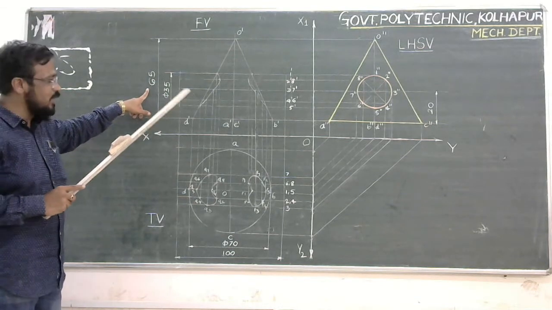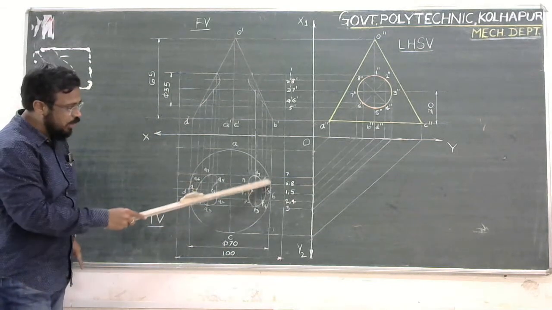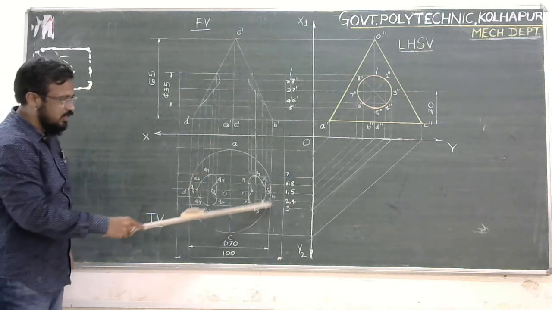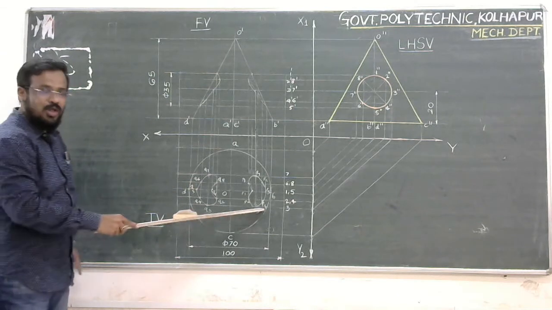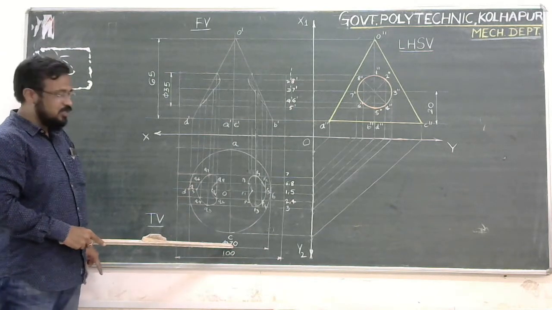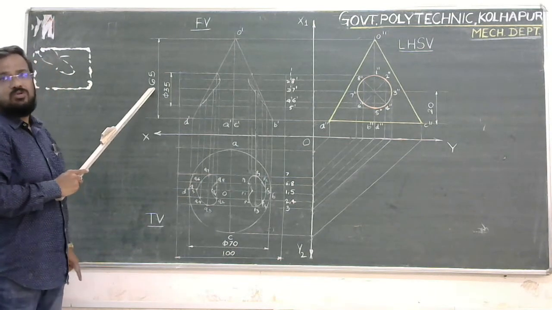The second dimension is its diameter. Its diameter is visible in the top view. If you refer to this outer circle, which has the greater radius, this is the representation of the cone in the top view, and that is equal to 70 millimeter. So the cone dimensions are: diameter equal to 70 mm, and height of axis equal to 65.